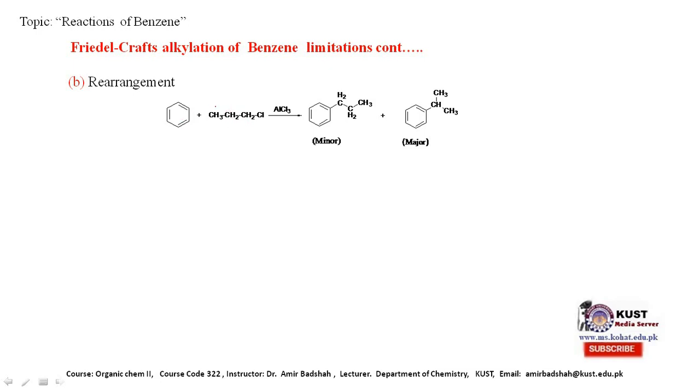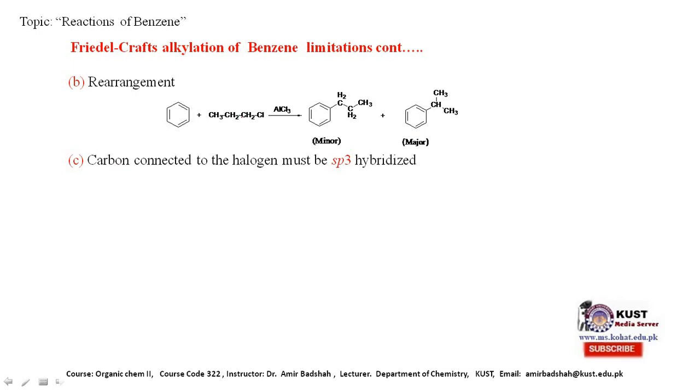Then the benzene ring will attack at this position, and we will get the rearranged product, not the N-propyl product, but we will get the isopropyl product. The isopropyl product is the rearranged product. The third one is